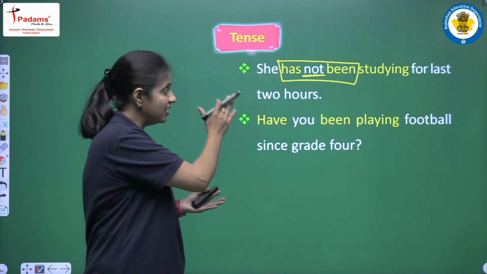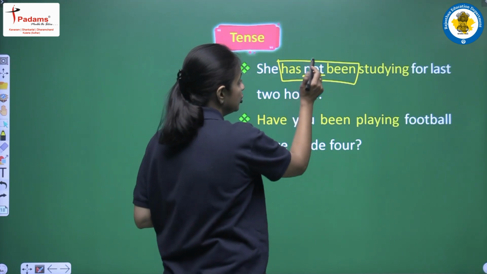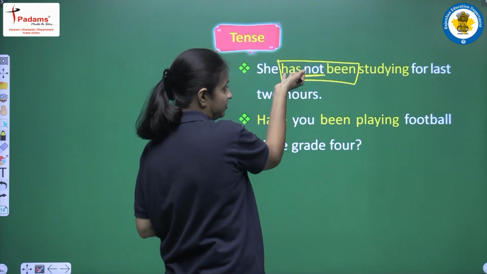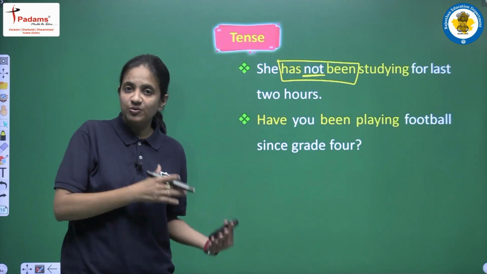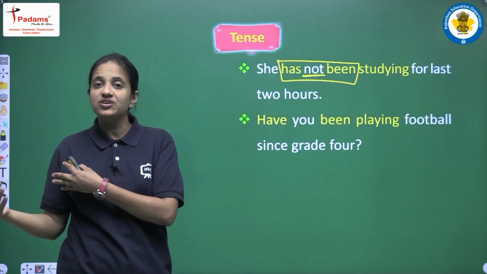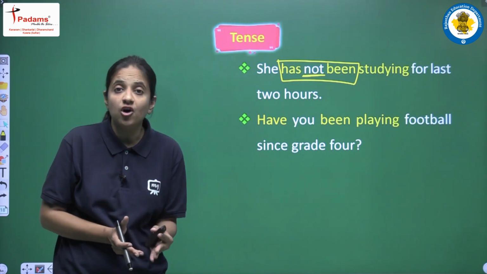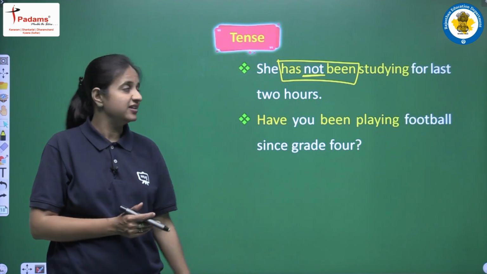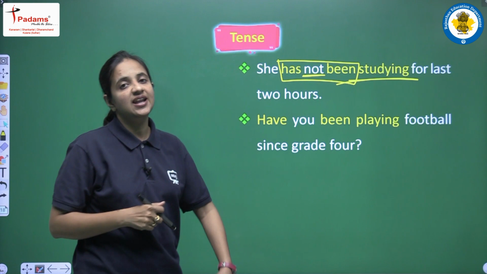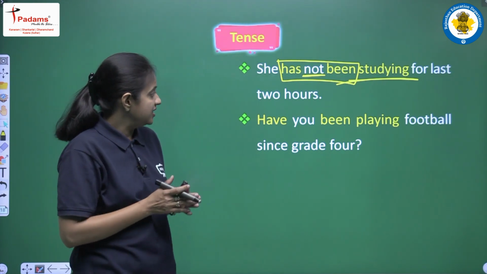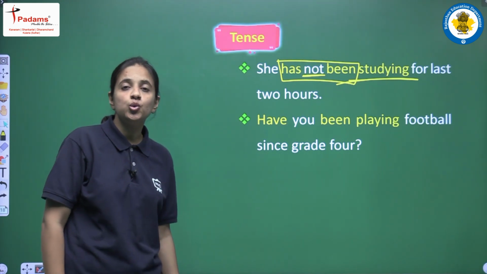You have to look very carefully here that if the sentence is a negative one, then we have to write "not" in between has or have, whatever there is according to the subject, and been. Okay, so has or have, whichever we are using, and the second word is been, in between both the two words we have to add not. Okay, so this is the structure of a negative sentence. And as a main verb we are having study, so we are adding ing. So our answer will be she has not been studying since last 2 hours.